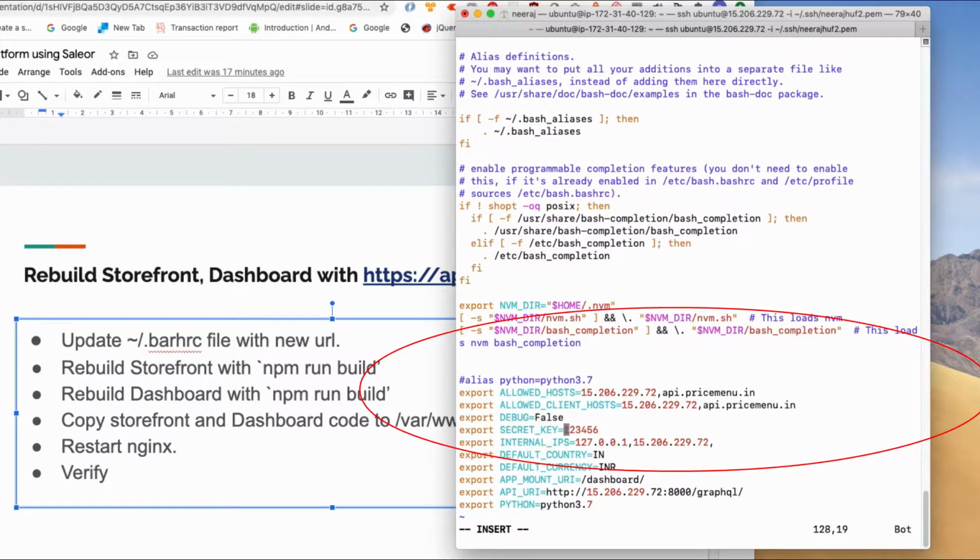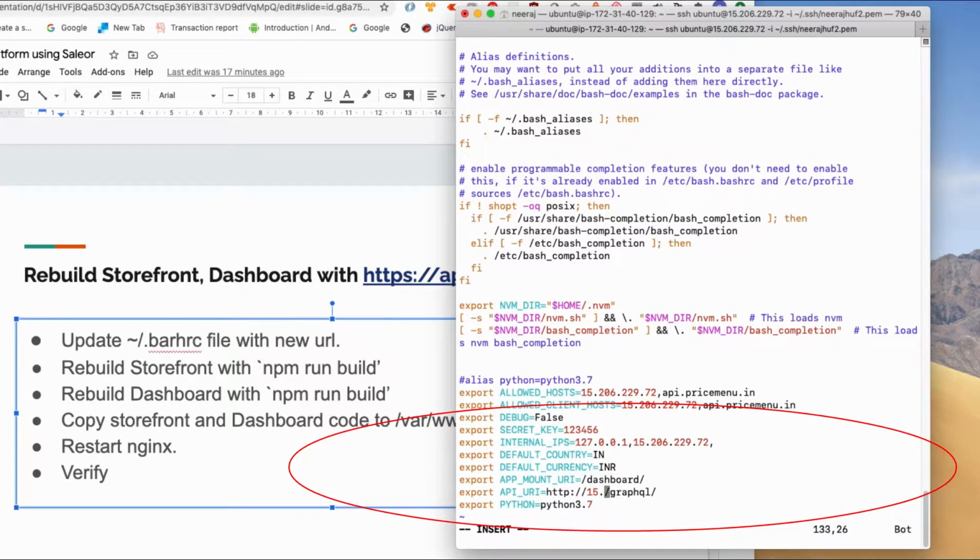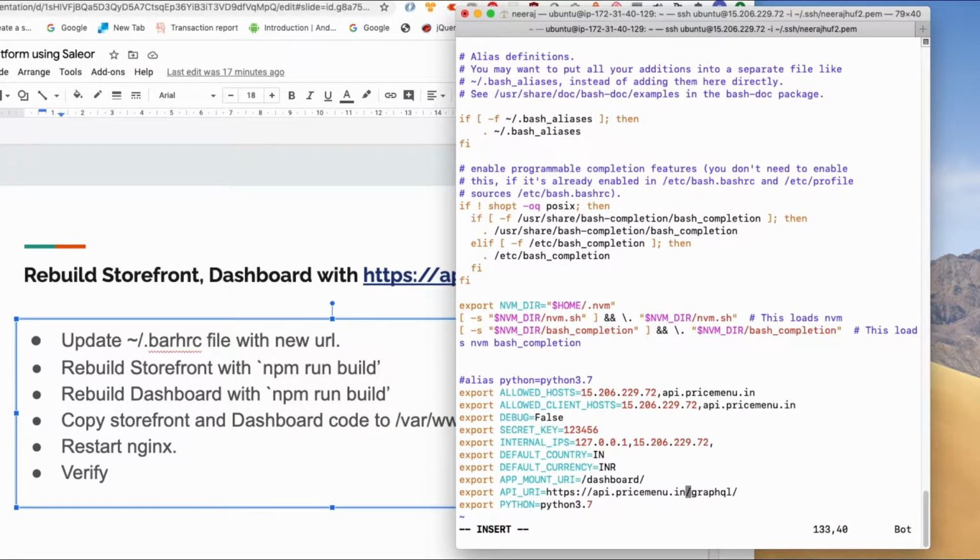We can set it to false. Internal IPs are same. URI is same. So the only change which we have to do is over here. So API URI is going to be https://api.pricemenu.in/GraphQL. This is the only change.